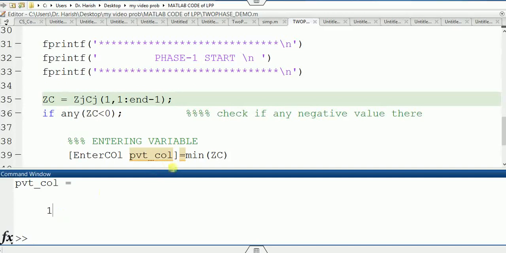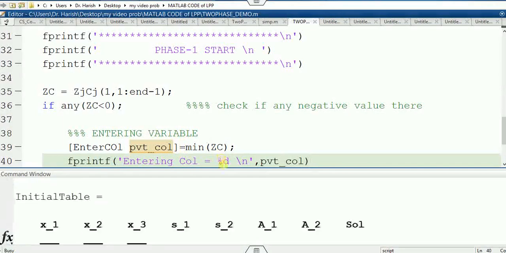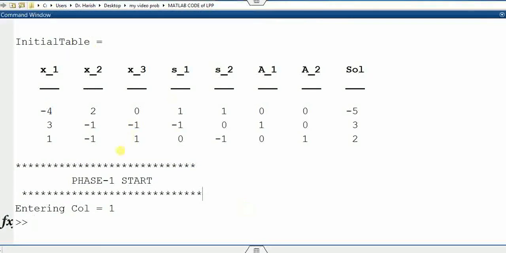You can also print it this way: you can say printf entering column, which is equal to percentage d of pvt of column. If you run the file, it will print that the entering column is 1.